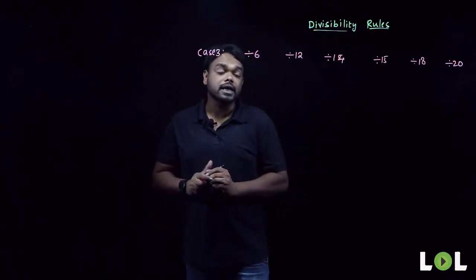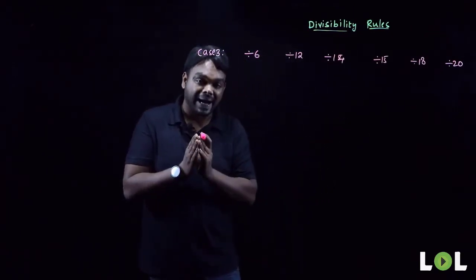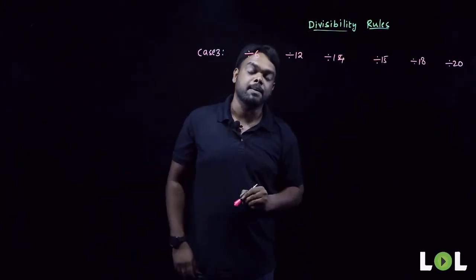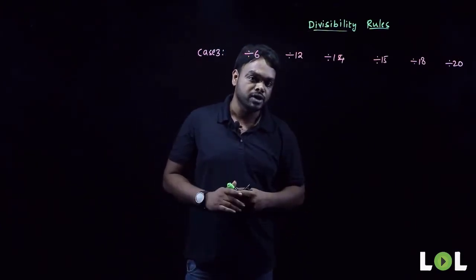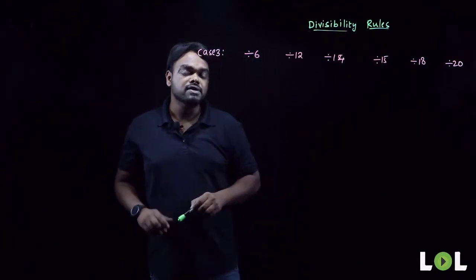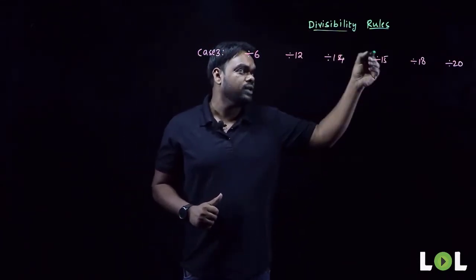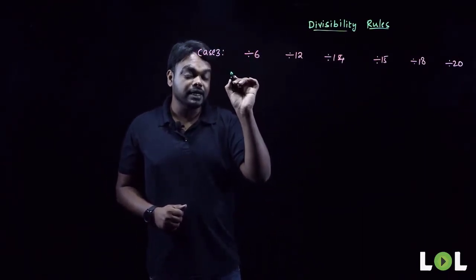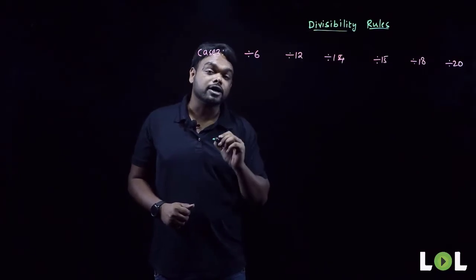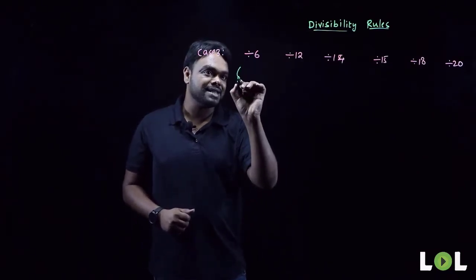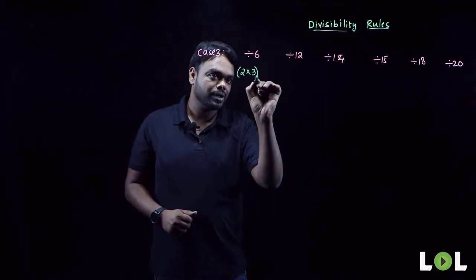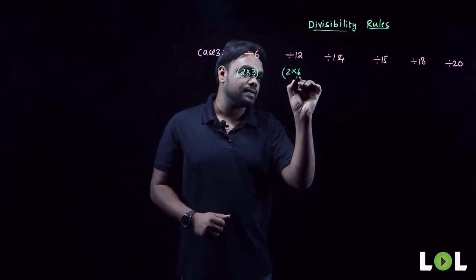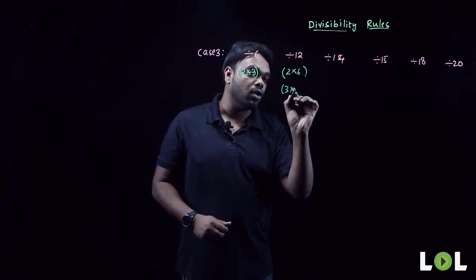Well, I won't be checking each and every number here. I'll give you the pattern, which is generic and applies for every composite number. Now, let us see how to do this. If you want to check the divisibility rule of 6 or 12 or 14, 15, 18, 20 or anything, first you have to represent this divisor as a product of co-prime numbers. Like 6 can be written as 2 into 3. Now, 12 can be written as 2 into 6 or 3 into 4.